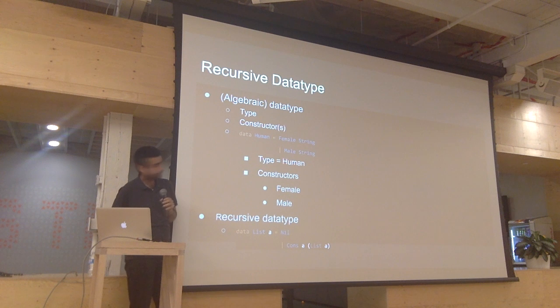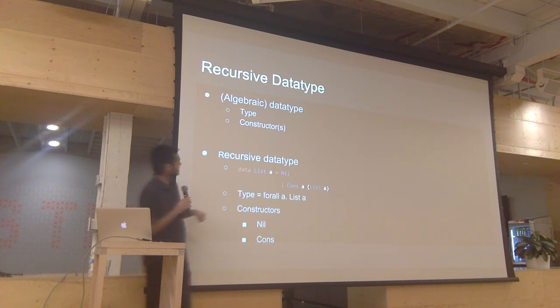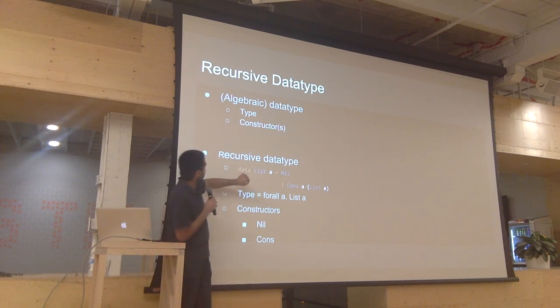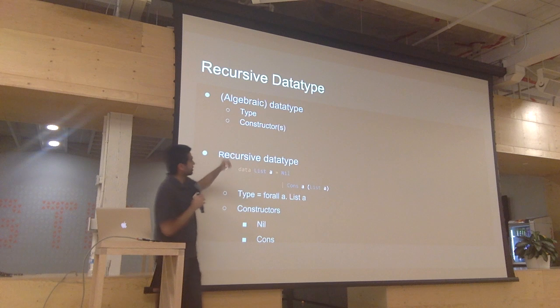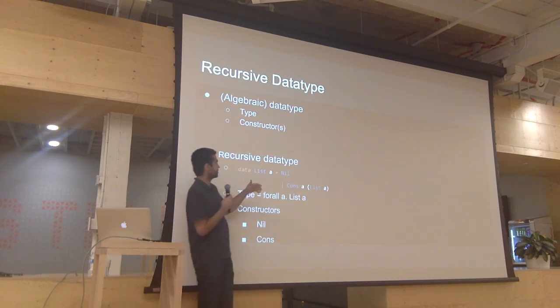Okay, so now we talk about recursive data type, and you could see it wasn't fully deleted in the previous slide. My shoddy work from last week coming to haunt me. So a recursive data type is an algebraic data type, but there is recursion, which just means that in one of the constructors, one of the arguments to the constructor is the thing that you're using to define it itself.